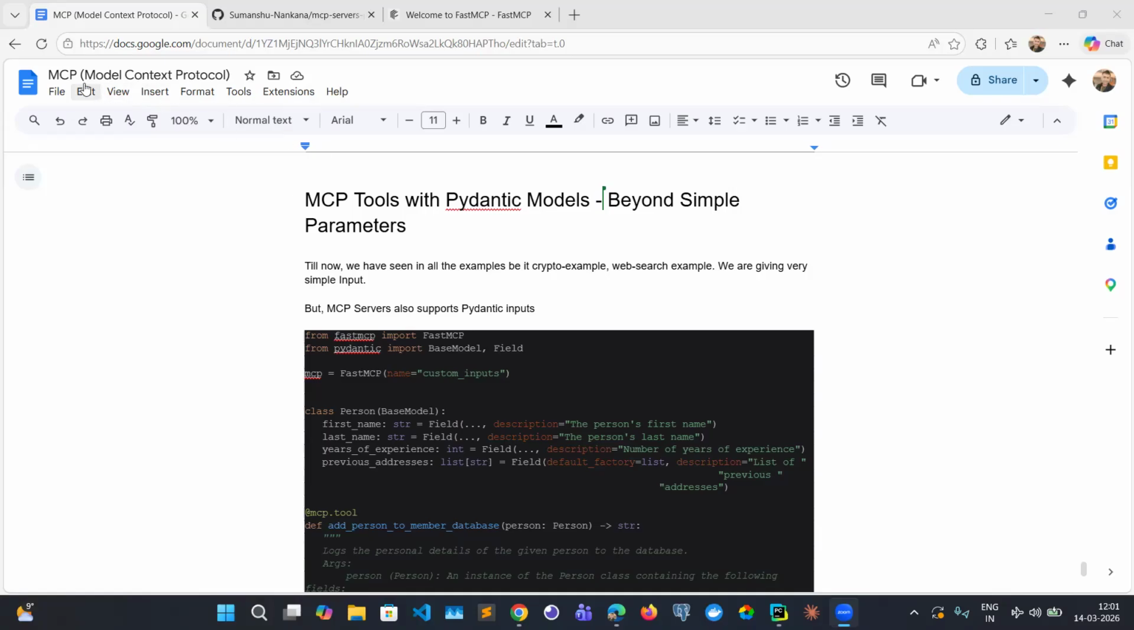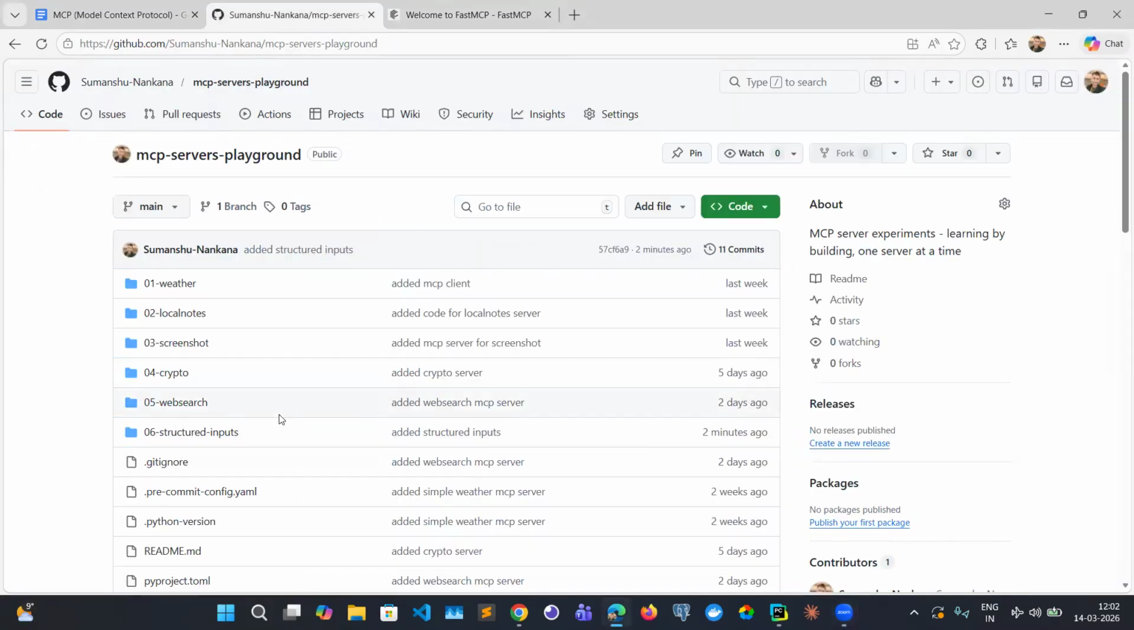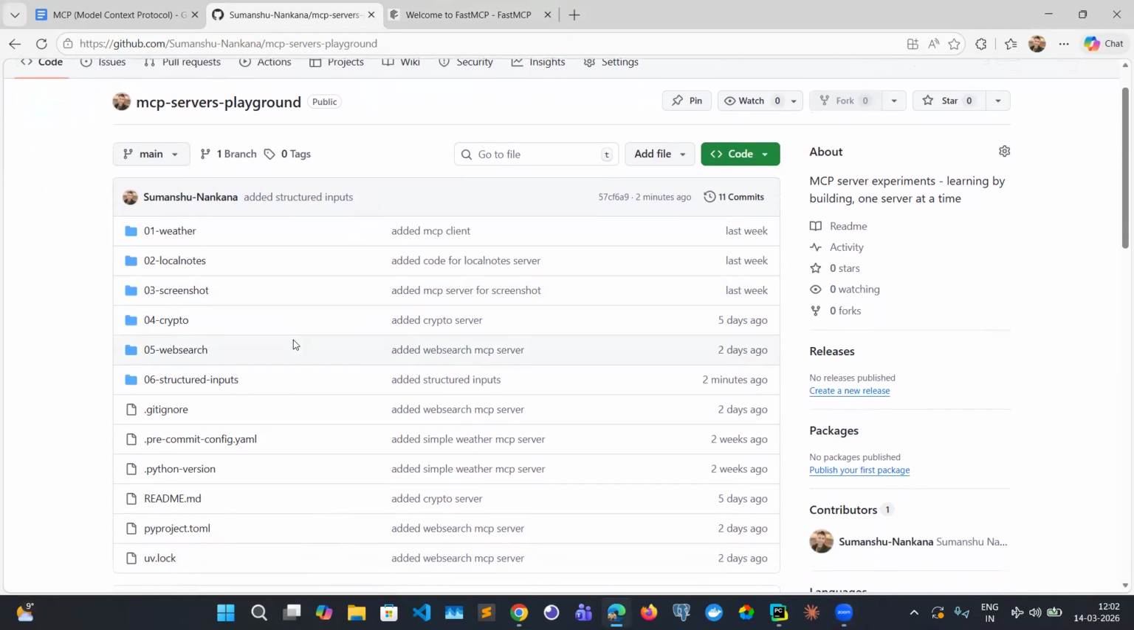Okay, so let's continue with our next video in our MCP tutorial series. Till now, we have created a couple of small MCP servers. We started with the weather one, then the local notes, then screenshot, then crypto, then web search, right? But in all of these MCP servers, we give very simple inputs, like a string as